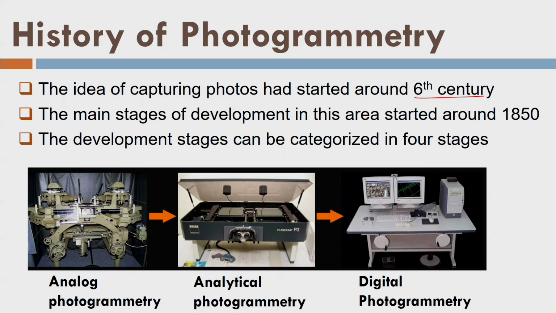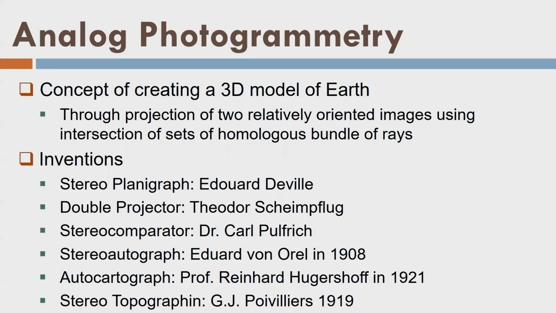Nowadays, as time passes, from analytical we have started to generate digital computers, and with digital computers we started digital photogrammetry. So, these are the basic 4 stages in the photogrammetric development. Today, we are in the era, or in the phase, of digital photogrammetry. Let us look into what these are, basically analog photogrammetry. Very briefly, we will talk about these.